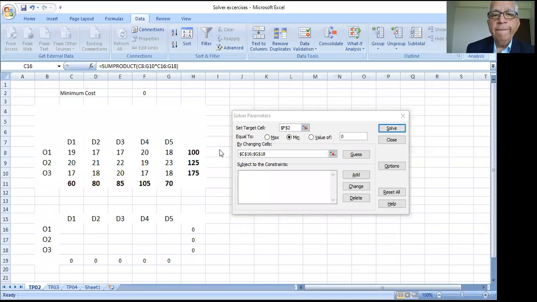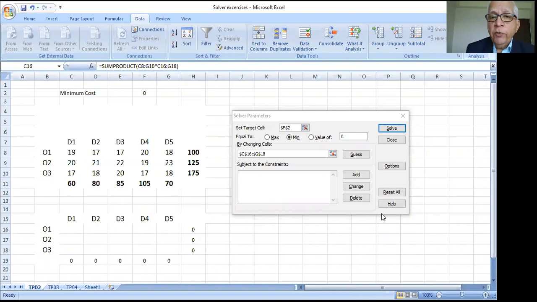We were here. See, set the target cell. We have set the target cell as F2, correct? And in F2, the formula of the total cost has been fed, that sum product. Okay. Now, by changing cells, where the allocations are going to be shown. So these are the allocations which are going to appear here when the problem is solved.